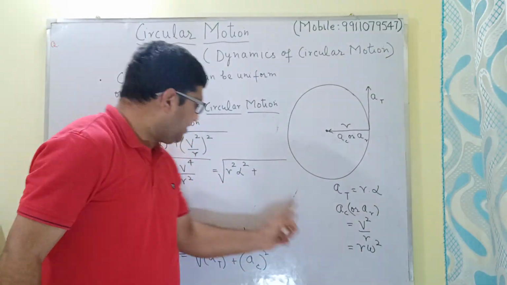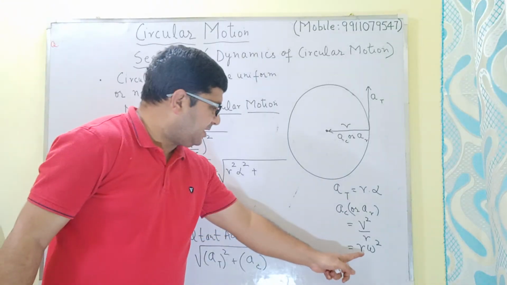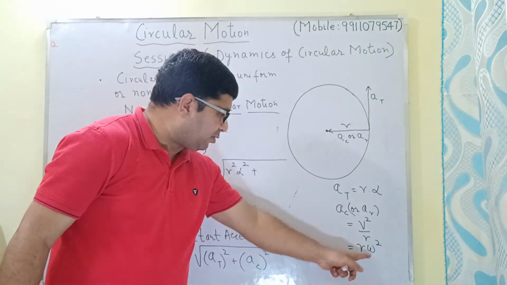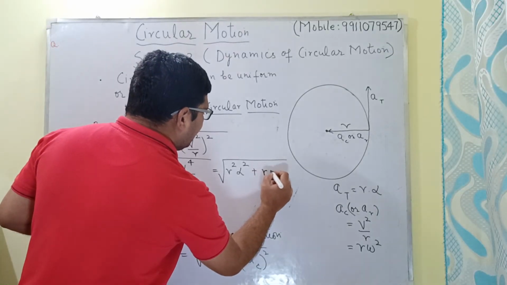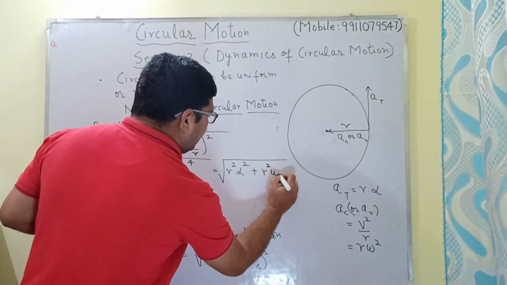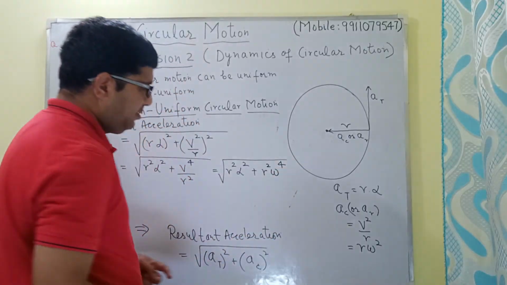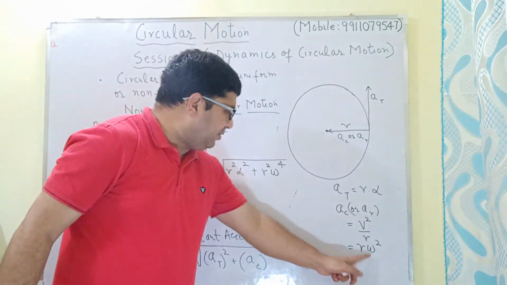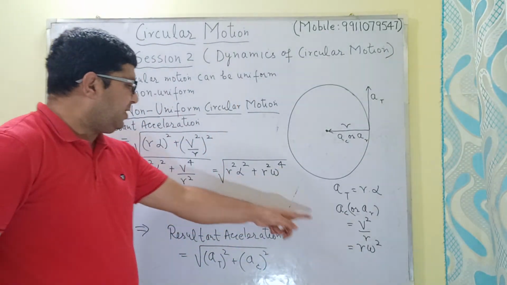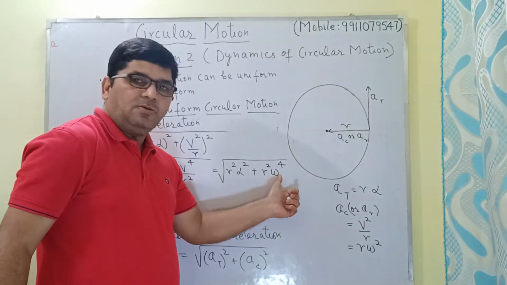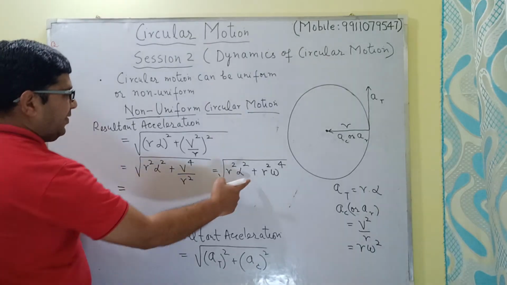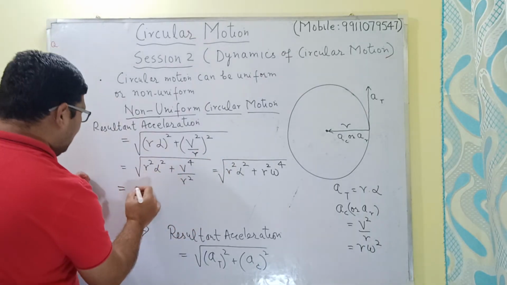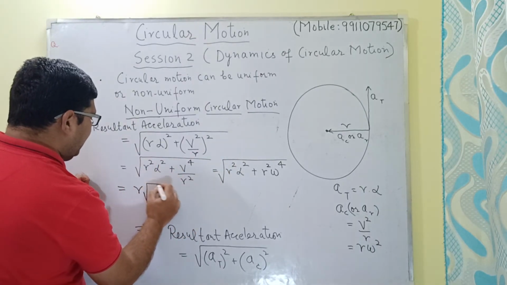But AC can also be written as R omega square, so squaring this term I get R square omega to the power 4. If I put this value here, it is R square into omega to the power 4. Finally, if I take R square as common,